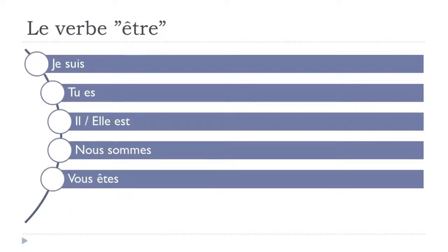Then the next one is coming. Vous êtes. Same thing here. Notice that final S is not pronounced. And then in French, we tend to have this liaison. So liaison, it's like a link, okay, that we can make between the words. So in that case, vous is ending with S, and then you tend to make a little link between them. So, vous êtes, it goes like that, vous êtes, okay,